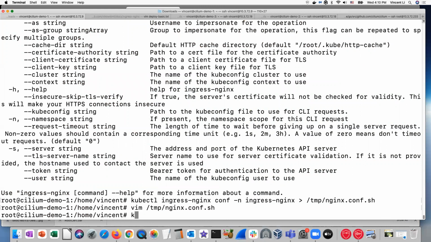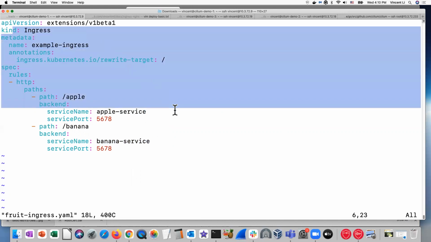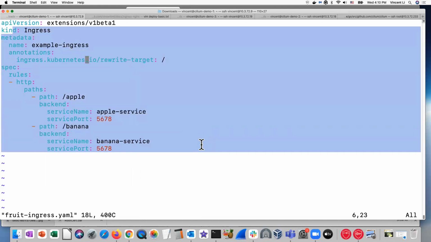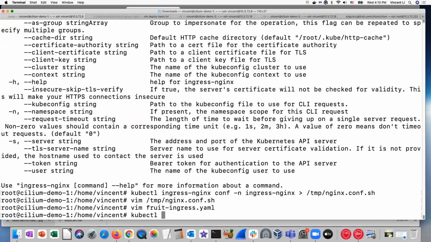So now I can deploy Ingress. I have a sample Ingress here. This is an Ingress, and I have a URL path /apple, then use this apple service. Then /banana, call this banana service. So the Ingress Nginx controller will take this Ingress and configure the Nginx pod instance. Okay, so let's deploy this